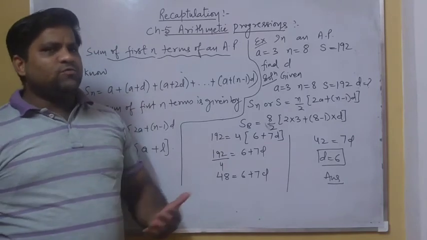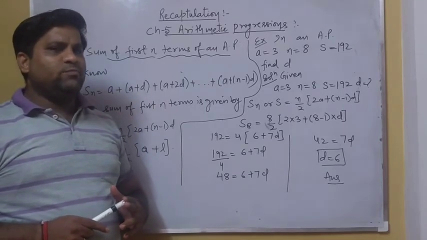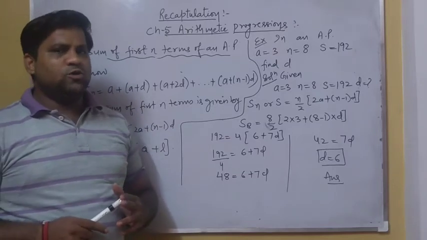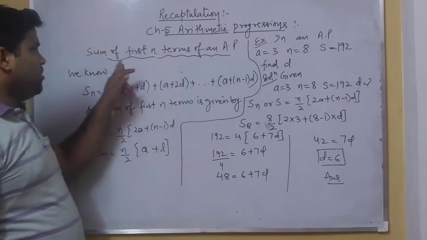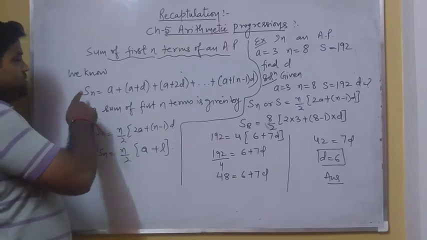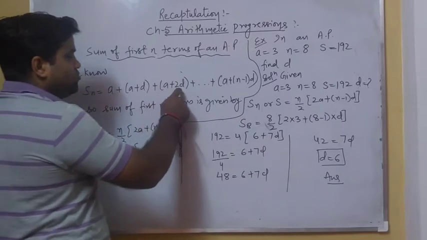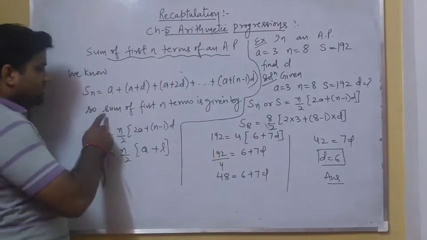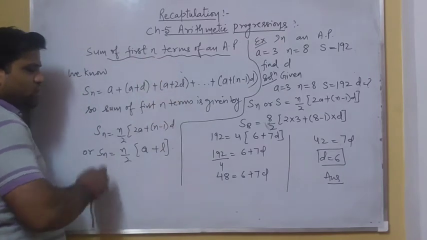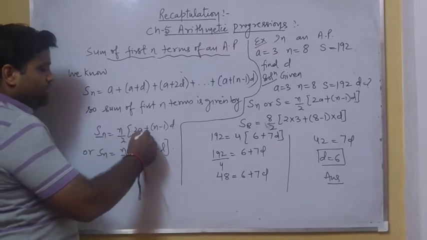We know that the nth term of an AP we can find by using the formula an equal to a plus (n minus 1) into d. On that concept we have done lots of questions also. Now let us come again to the sum of first n terms of an AP. We can write the sum of n terms as Sn equal to a plus (a plus d) plus (a plus 2d) up to a plus (n minus 1) into d. The sum of first n terms of an AP is given by the formula Sn equal to n by 2 bracket 2a plus (n minus 1) into d,